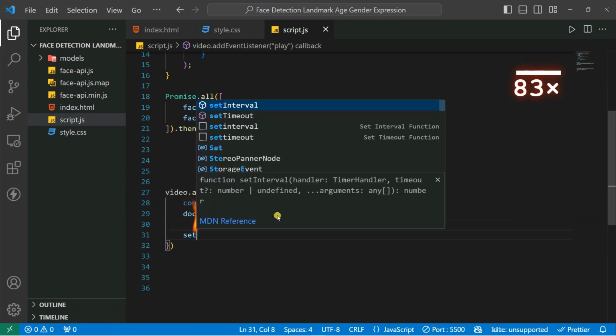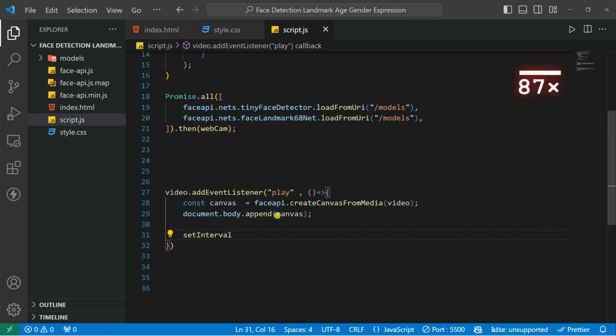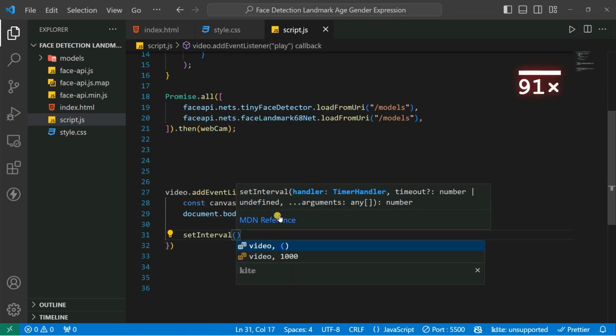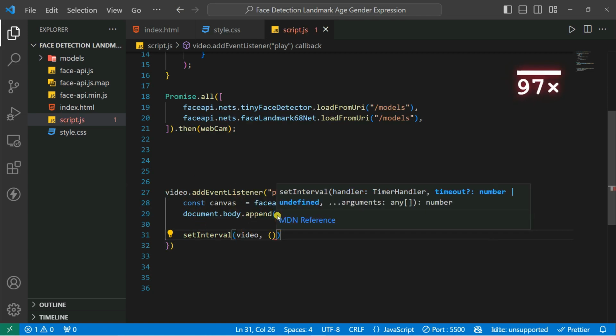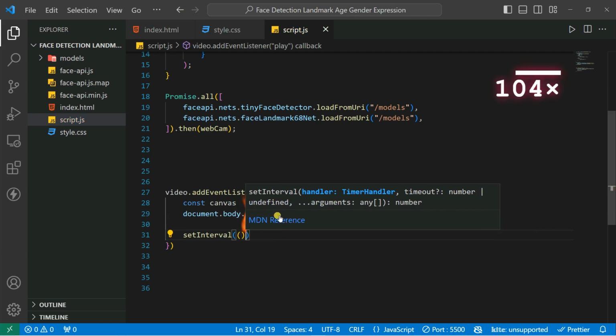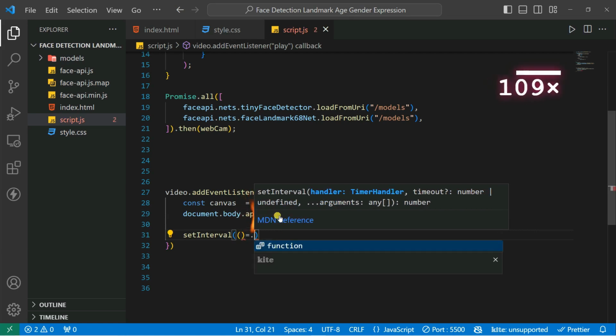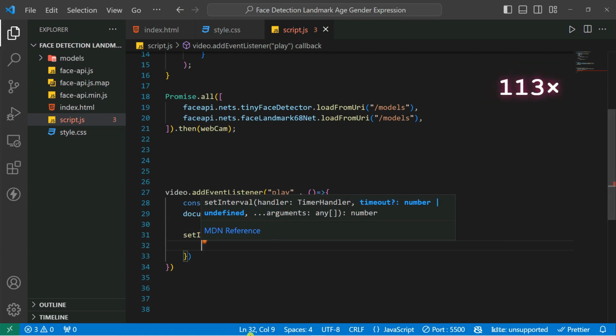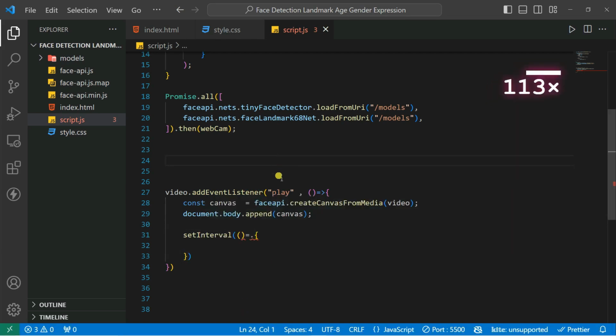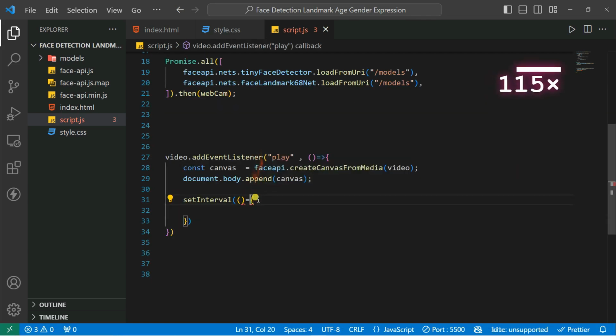Well, now we can add one setInterval function. This is also a callback function. So we can add a callback function this way. Then after that, we are going to pass here. Okay, this is not like that. This is one callback function. And after that, we are going to